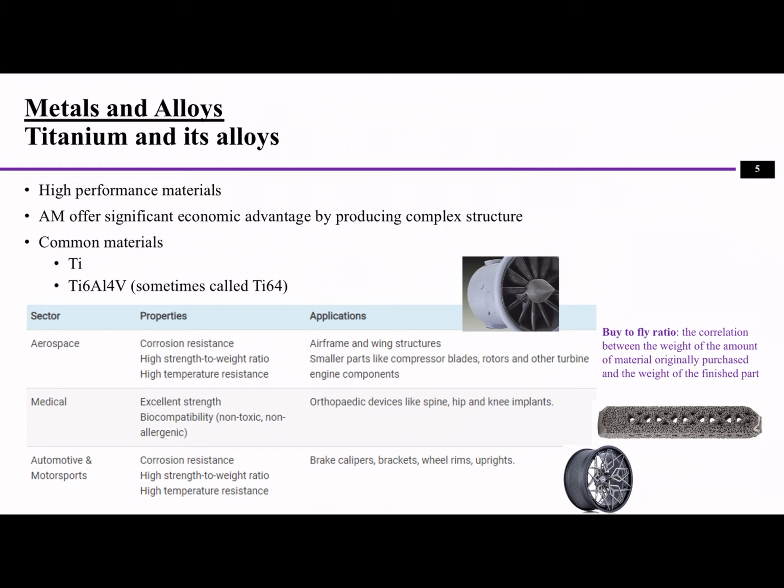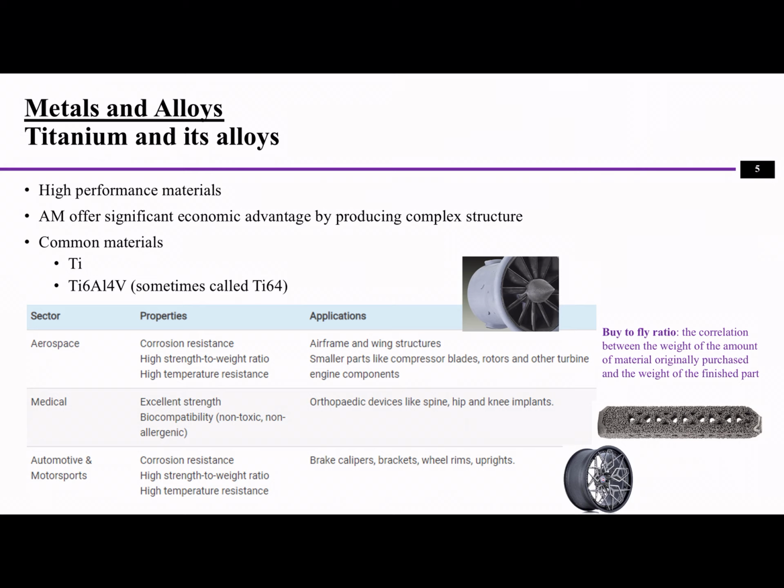One is aerospace, and it can also be used in the medical and automotive industries. The reason titanium can be used is because it has really good corrosion resistance and a high strength to weight ratio, and also its biocompatibility, so it can be used in a lot of medical devices as well as